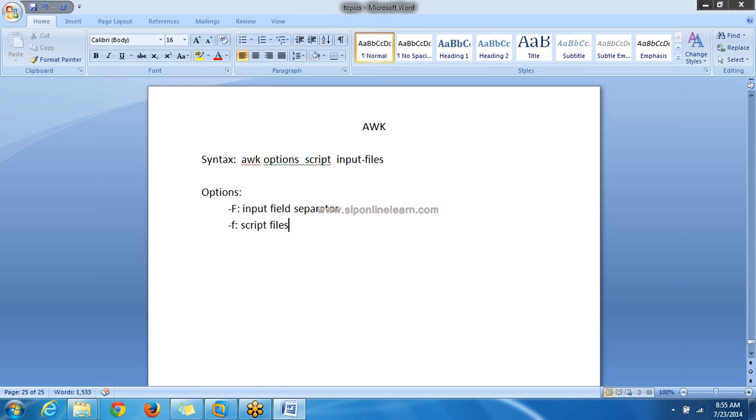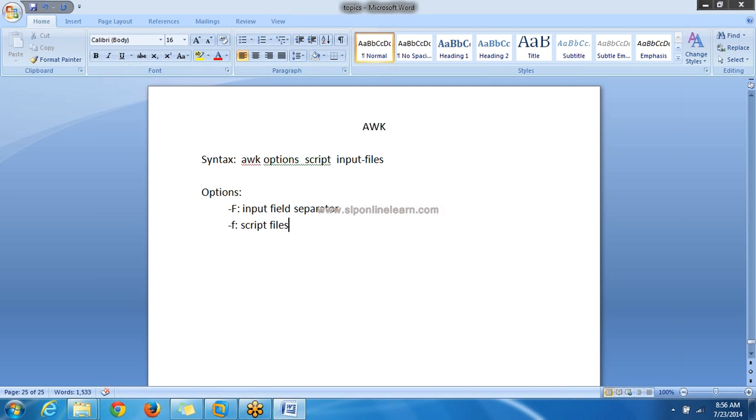Like the sed command, it will take one line from the input file, and whatever is there in the script file, all those commands will be executed on the line. Okay, it will take the first line from the input file, place it into the buffer, take the script file and execute all those commands on the line. Then take the second line from the file, execute commands from the script file. Take the next line, execute commands from the script file.